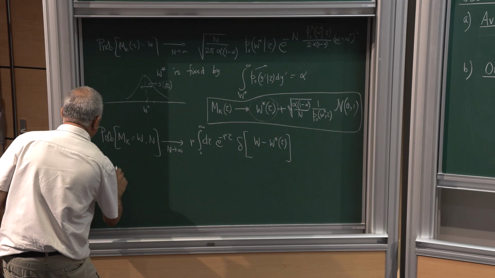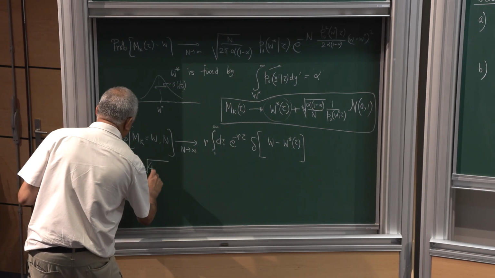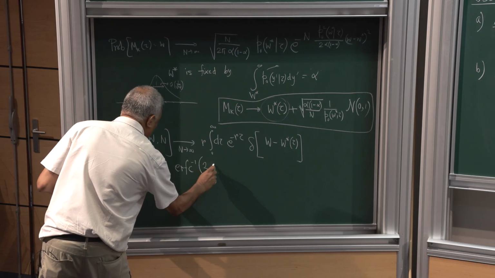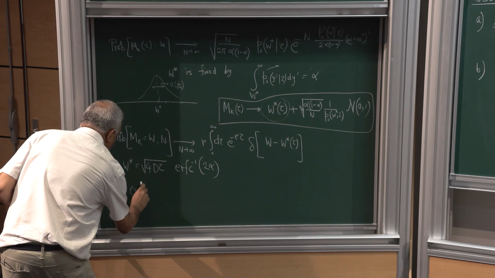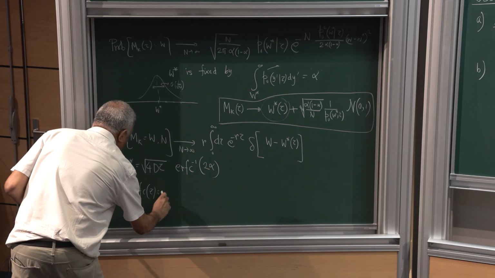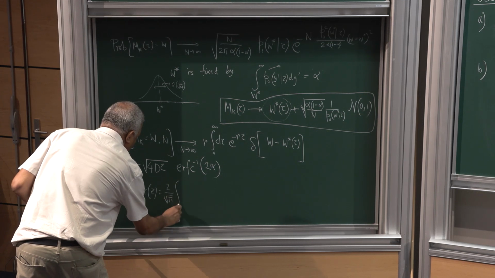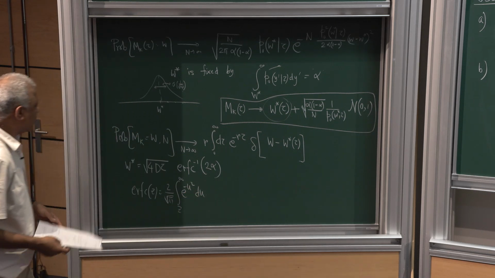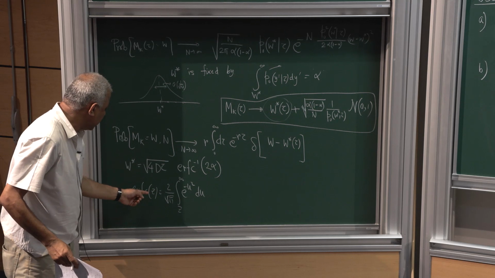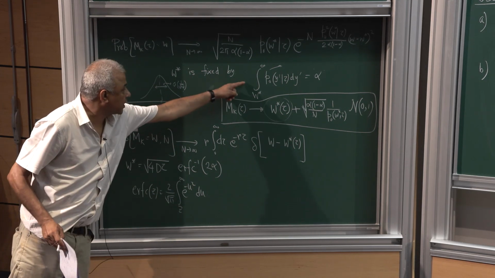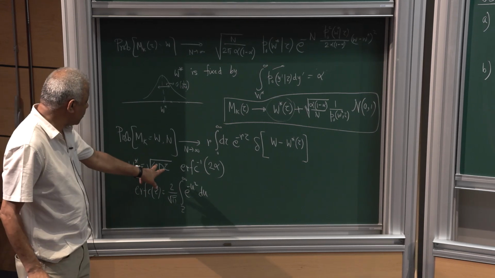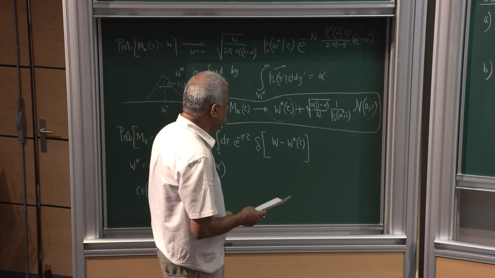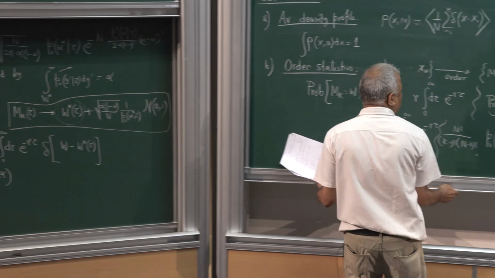What you find is that W star, so our complementary function is defined as, it's a little bit of detail, but the main point is to understand. This is the inverse of this. That means if you give 2 alpha here, then you have to invert. This is just exactly this quantile relation. So you get this W star, which basically goes like square root of tau times some number. You put it there, and then you can do this tau integral, and the final result is that